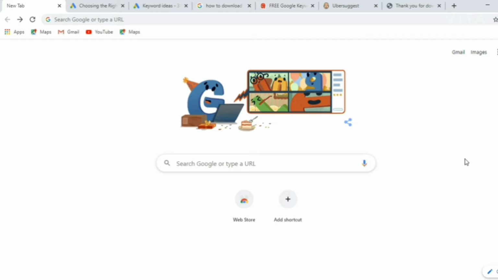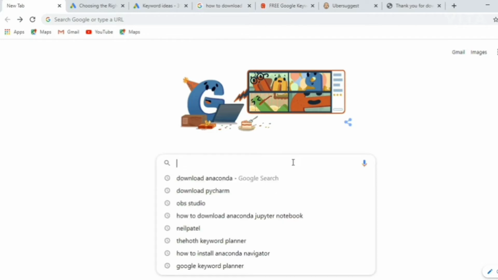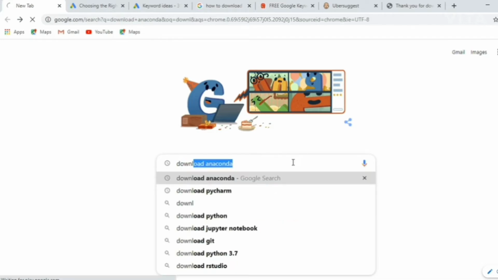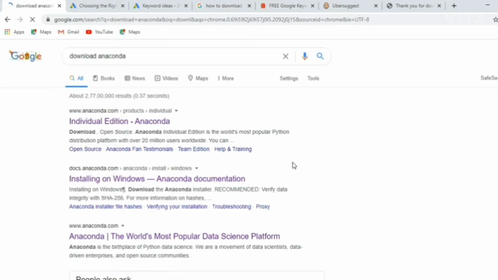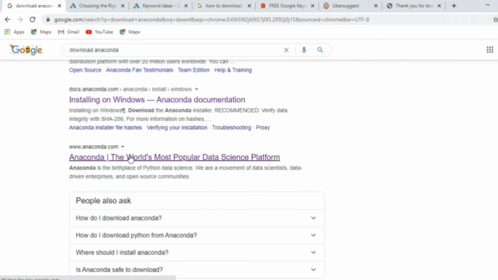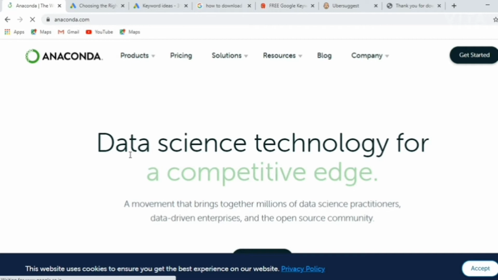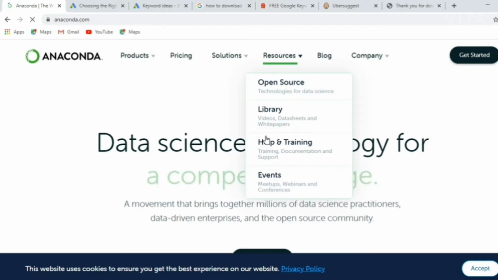So first, what I will do, I'm on my Google page. In the search box, I will just type download Anaconda. So when you type download Anaconda, you will get this page, and you can click any of these links. So I'm going to click on this third link, and it is loading. So just wait. When you click on the link, you will get this Anaconda homepage,